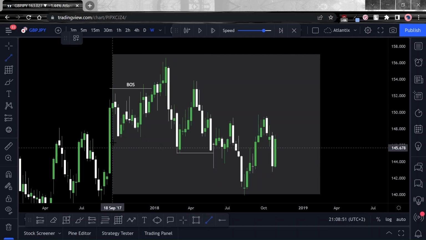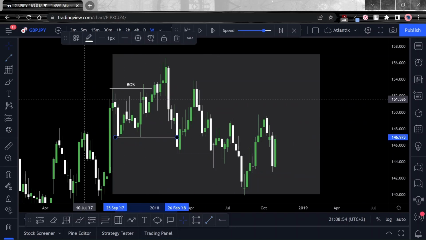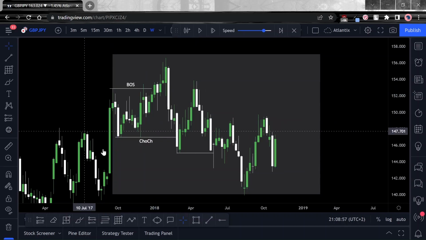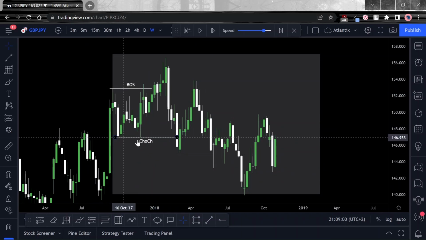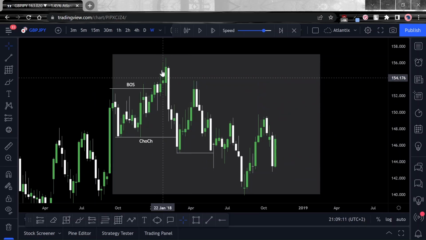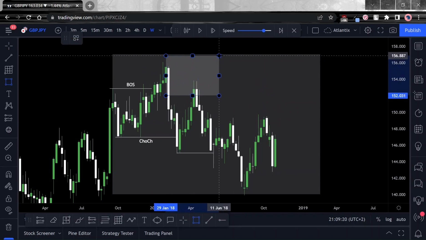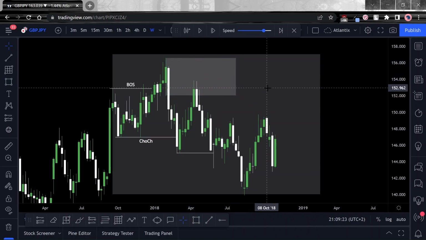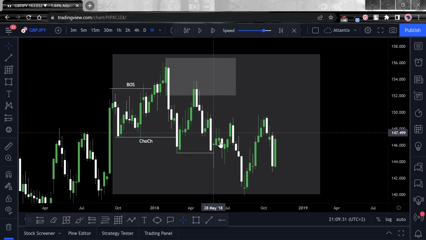In this scenario, we know that we've already seen a change of character, let's call that a bear change of character. Why? Because this was the higher low point. Price came in, created a higher low, pushed up. So when we see this low being broken, we can already say this is a possible change of character. We've got a demand zone, or a zone of supply over there, or whatever point of interest, and we anticipate this may hold and price may come in and continue downwards. And that's exactly what we see. Price comes in, continues downwards.